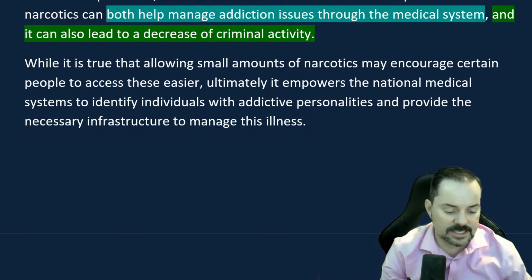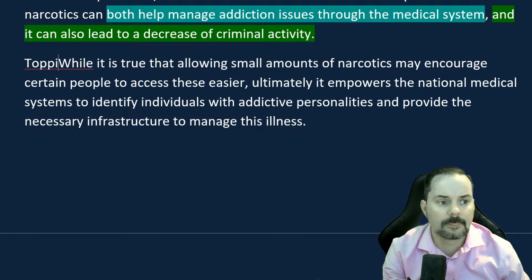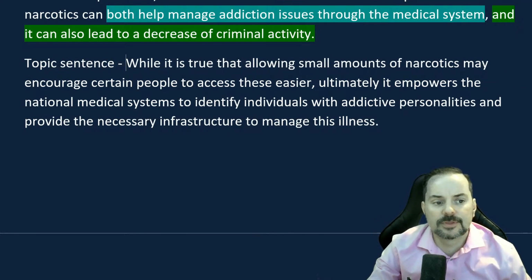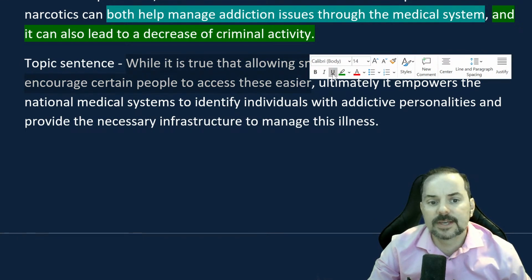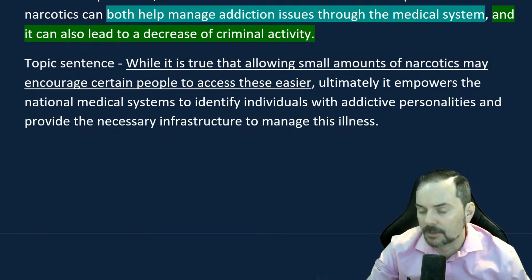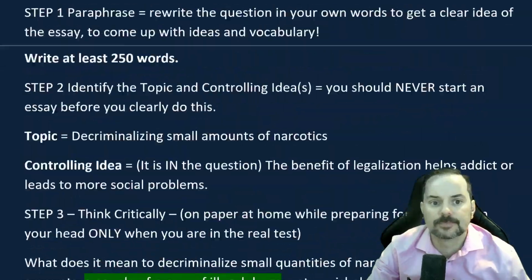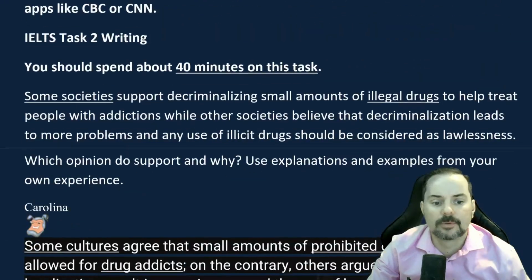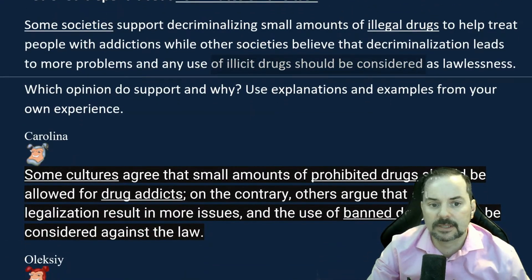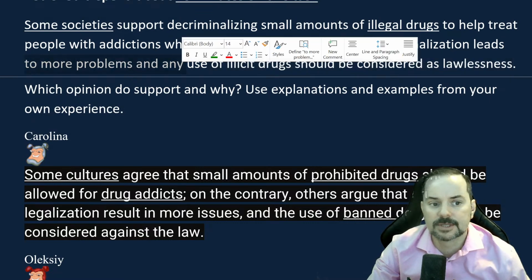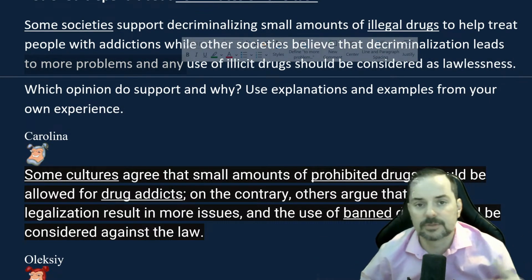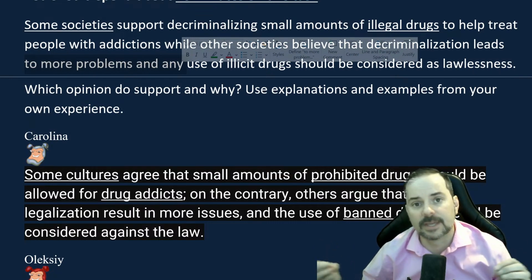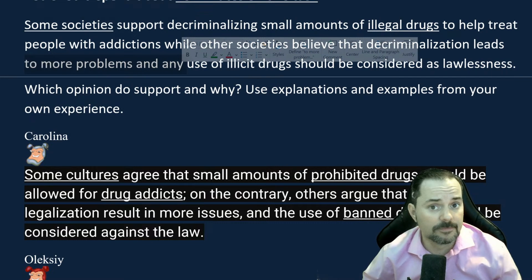So this is my topic sentence. And notice how my topic sentence with this first part acknowledges that there can be certain social problems, right? Because the original question, this task 2, says that, hey, it could lead to more problems, right? So, and they should be legal, right? Because it leads to more problems. One of the problems people think is that if kids see it or if people see it, they can get it easier, right? Like alcohol, coffee, tobacco, okay?